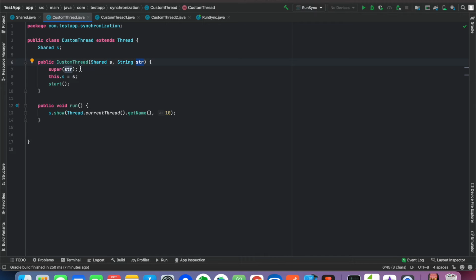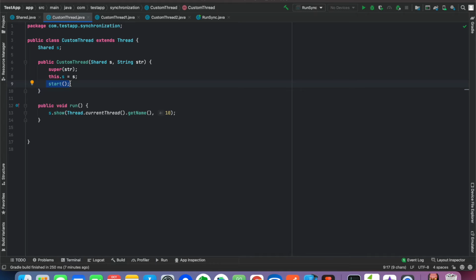I will pass this string variable to the superclass, the Thread class, so basically this will be the thread name. Because both the variable names are the same, I will assign this.s equals s, and I will start the thread from here.